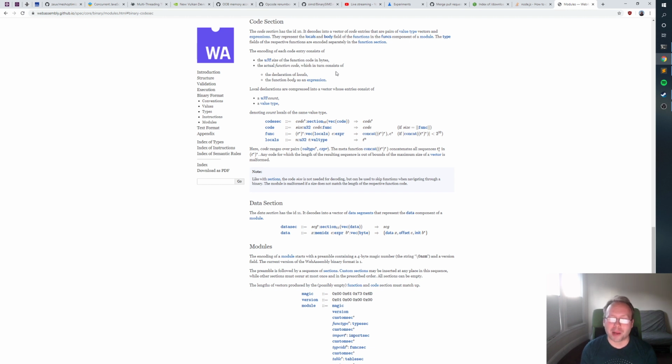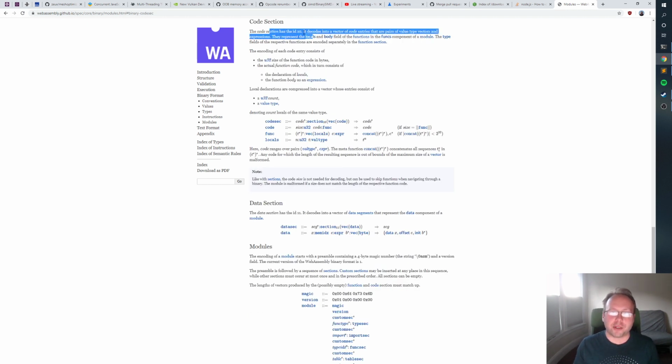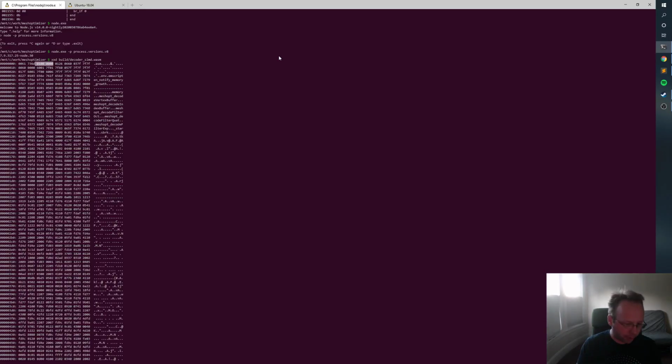Maybe not. But I would be content if I can even just parse the thing and then reassemble the result, and the result matches what we started with, because then it's very, very straightforward for me to implement the actual opcode change after the fact. Alright, and the code section has the ID 10. Okay, so it looks like what we need to start with,